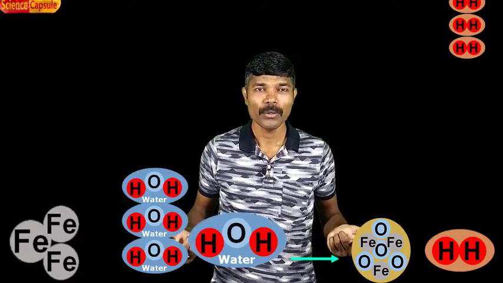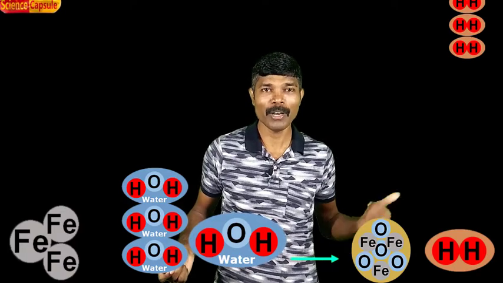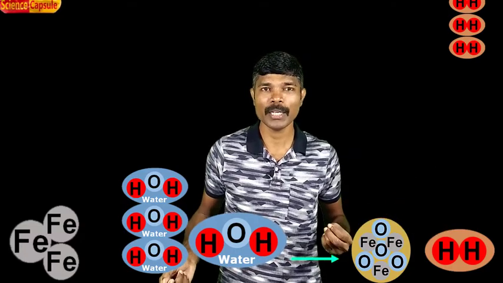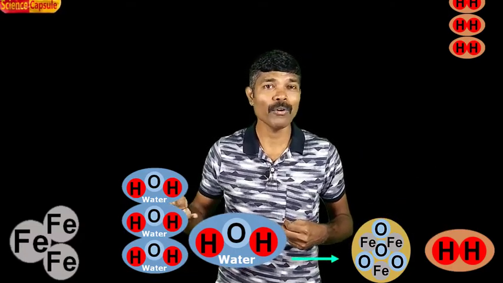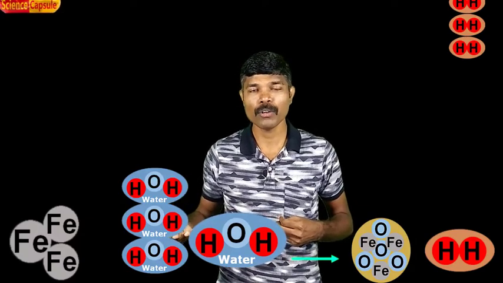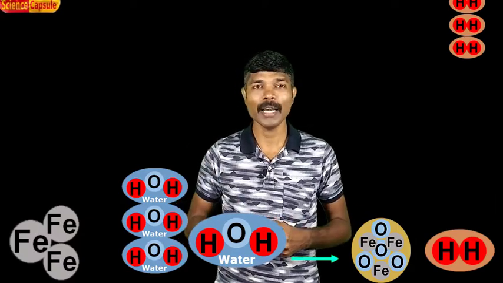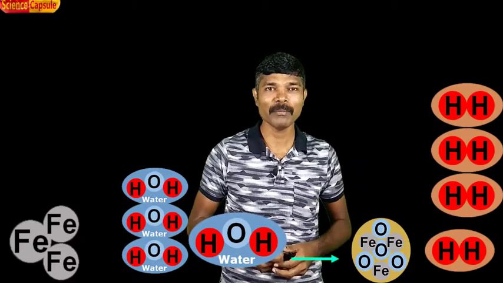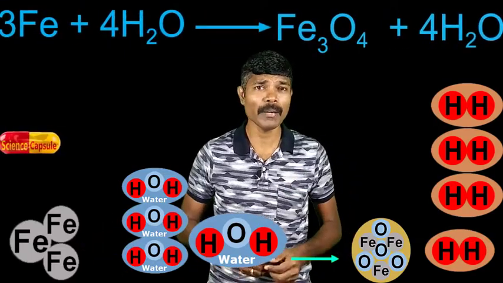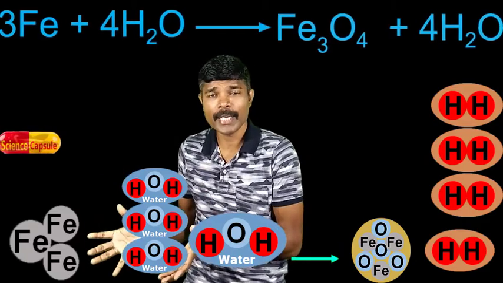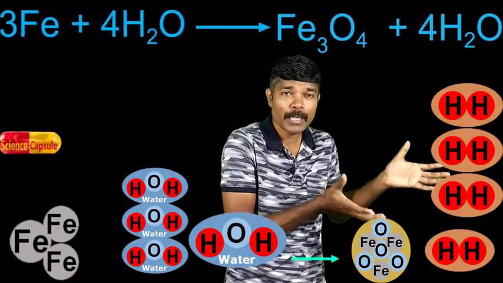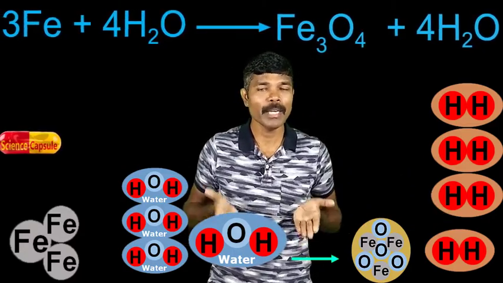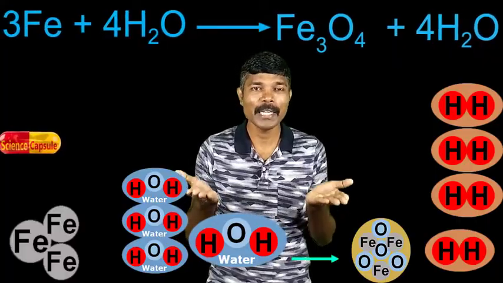While doing so, you will find that on the right hand side, there is only 1 hydrogen molecule in which 2 hydrogen atoms are there. But here we have added 4 molecules of water, and in 4 molecules of water, you will find 8 hydrogen atoms. So we have to change this hydrogen molecule. So here I am adding more hydrogen molecules. This way, if you count the total number of elements present on the left hand side with that of the elements present on the product side, both will become the same. So we can say that the chemical equation we have written is completely balanced.